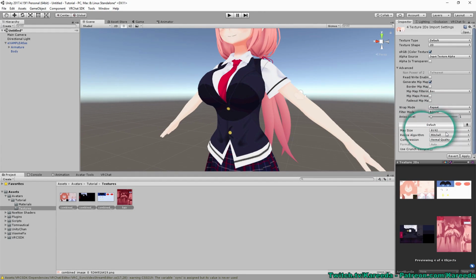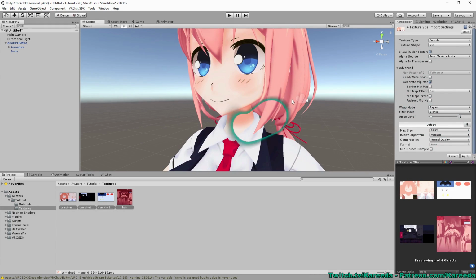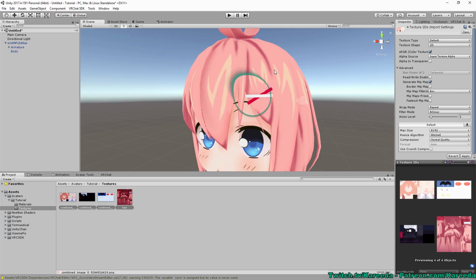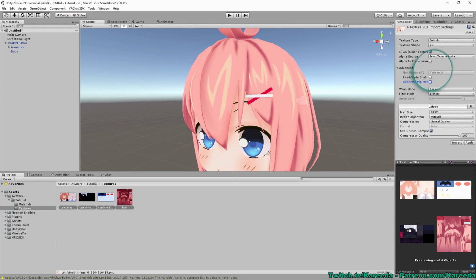It won't actually stretch it to that size, but it'll allow the avatar's texture to be as large as it actually is, which will prevent them from being blurry. So then I'm going to use crunch compression. This is a personal choice. You do not have to do this step at all. I then up that compressor quality under normal quality to 100, and then I also uncheck MIP maps, and then